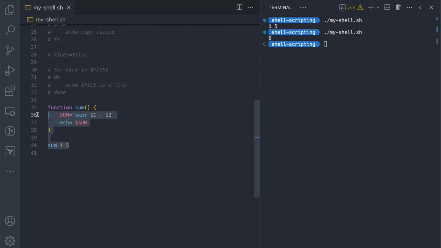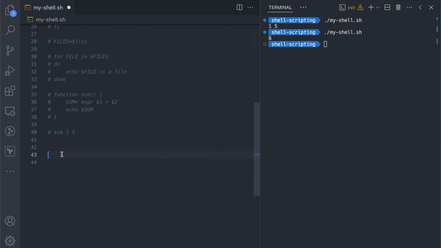Cool. Next, I want to cover is switch case, which is also needed, like when you have a case where your program takes multiple commands and you want to switch over them, so you can use switch case in that case. So let's do function switch case,